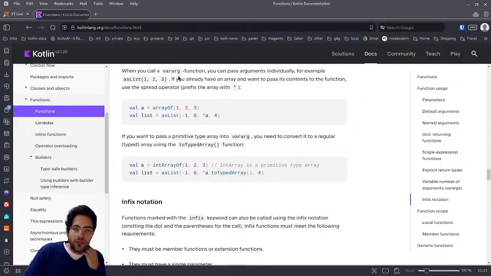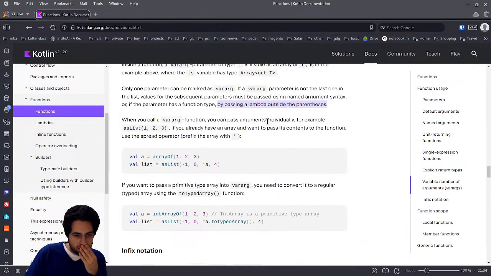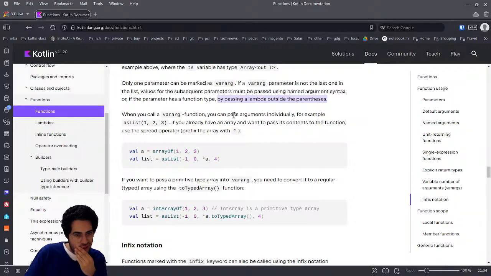When you call a vararg function, you can pass arguments individually, for example as list 1, 2, 3, 4. If you already have an array and want to pass its contents to the function, use the spread operator. So if you have an array,